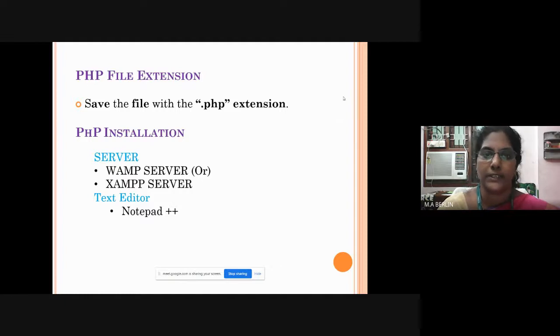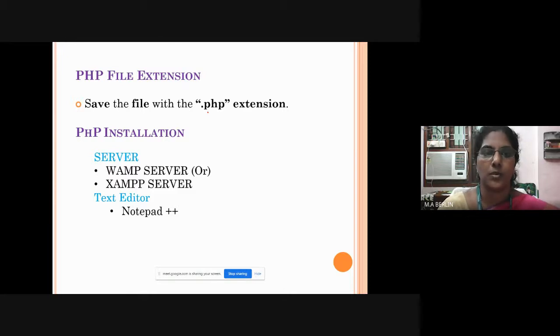And the PHP file extension: normally you know how we write the coding in C. For C programs, the extension will be .c, for C++ the extension may be .cpp, and for Java type of programs, we use .java. So this we know already. And here for PHP type of files, the extension to be used is .php. So this is the extension of PHP files.